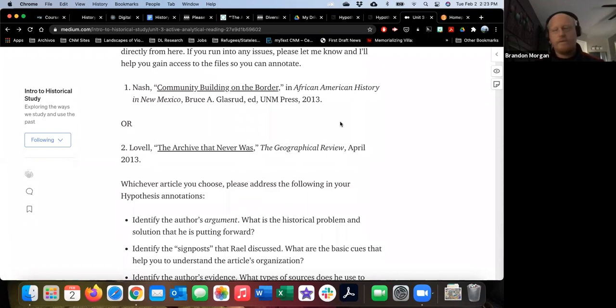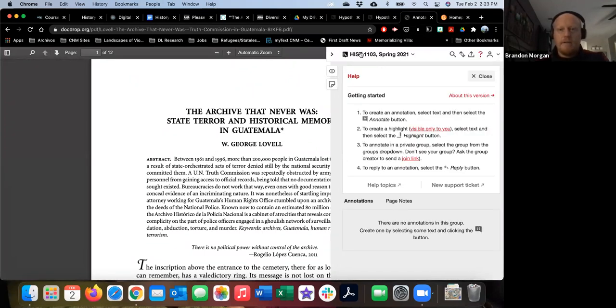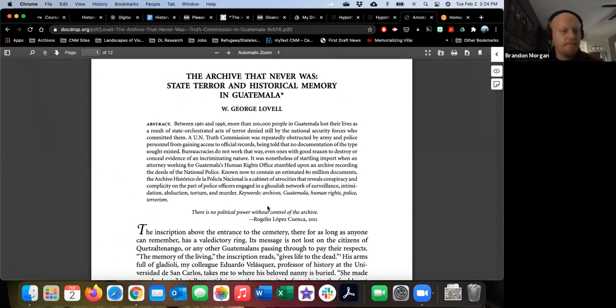And as I said, and I think this is why maybe Richard had the question, I had previously set it up so that you'd have to go back to Brightspace to find these articles. But instead you can just click on it and it'll open. So it's now the same thing that I've been showing you. You just make sure your hypothesis is on, that you're in the right group, and then you can read through the article and add your annotations. And it's the same thing with the other one.